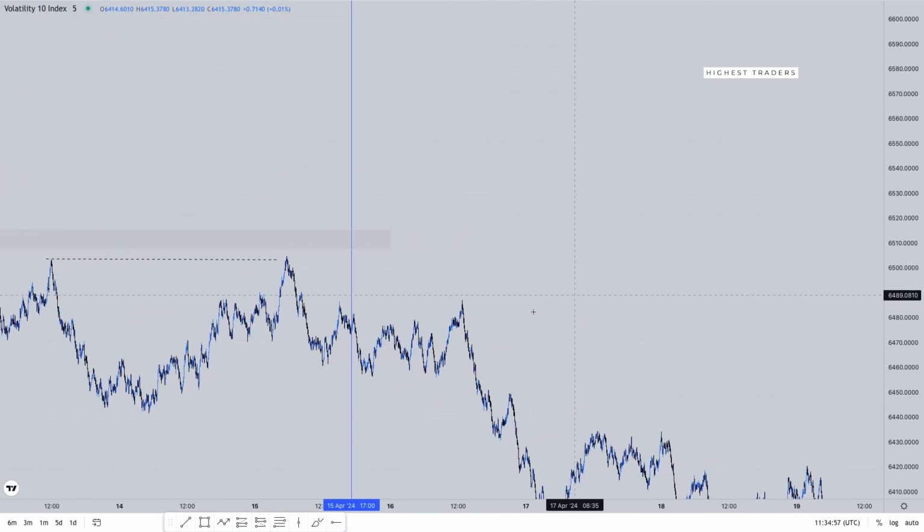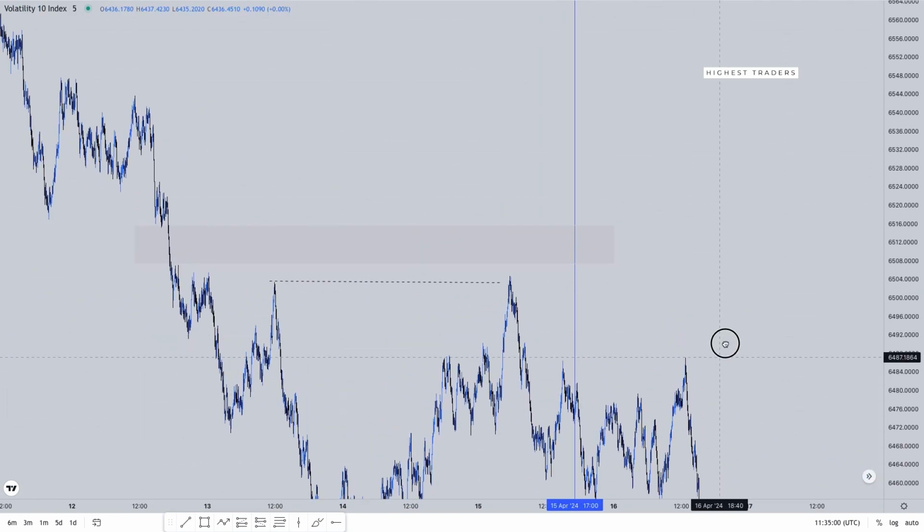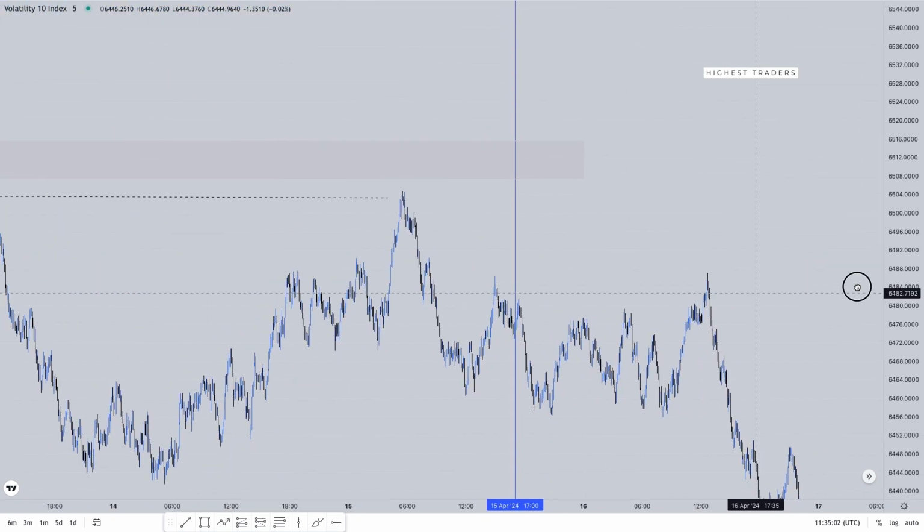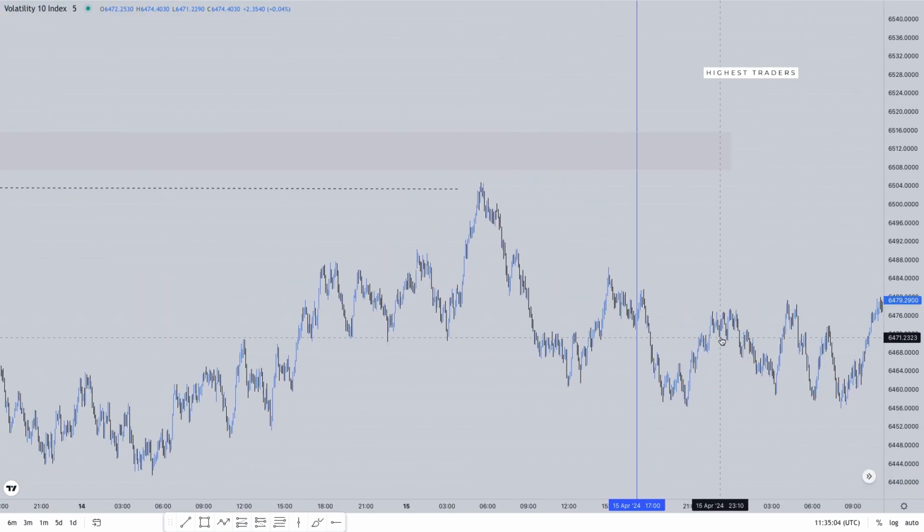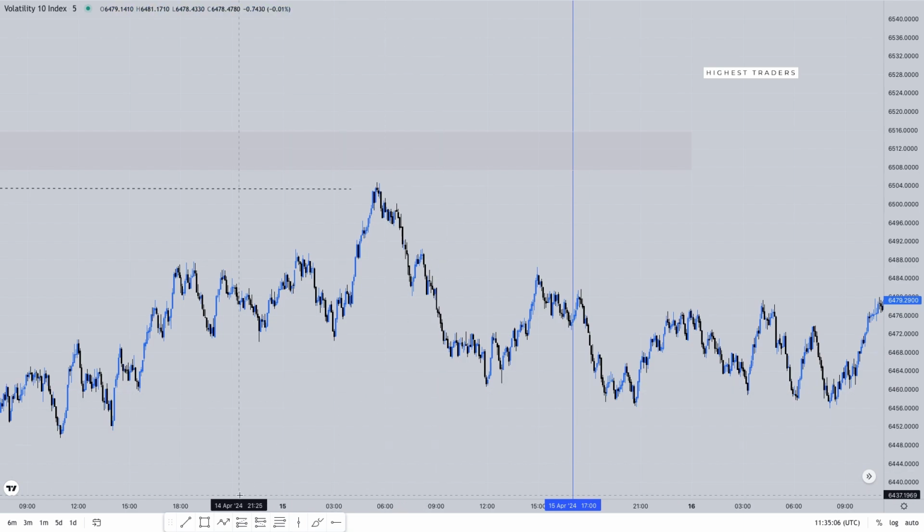So the moment we got a sweep, we know that it's time for us to keep selling. What we are looking for now is a change of character to tell us that the trend on our medium time frame is also correlating with the trend of our directional bias time frame. So this is the push that went to sweep structure on the 1 hour time frame.